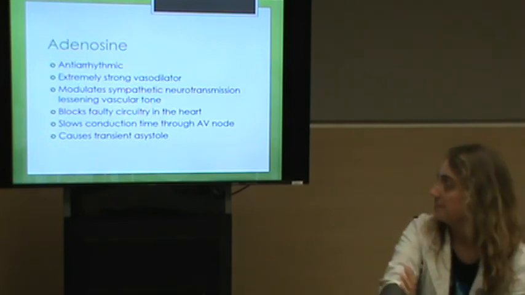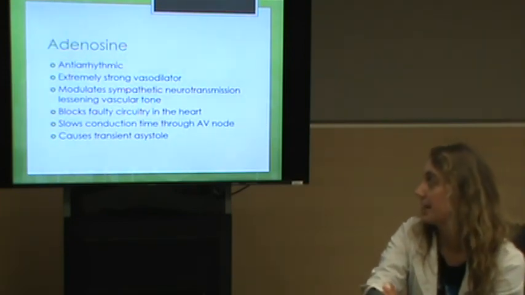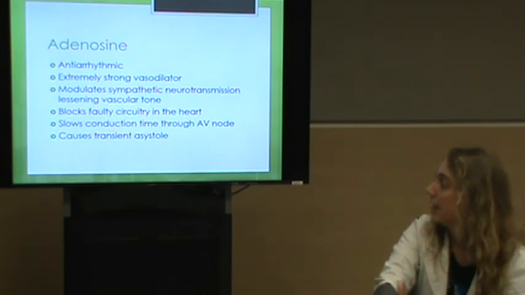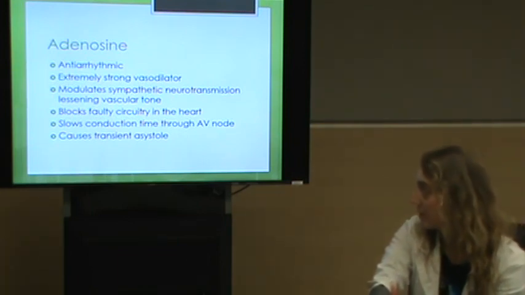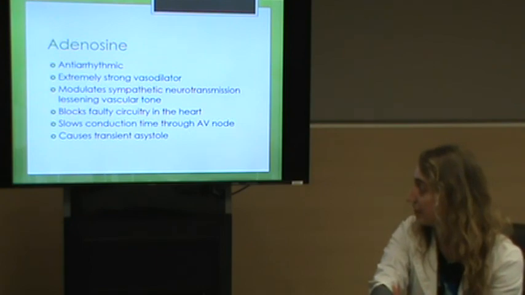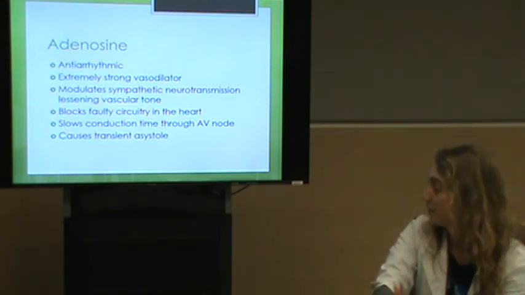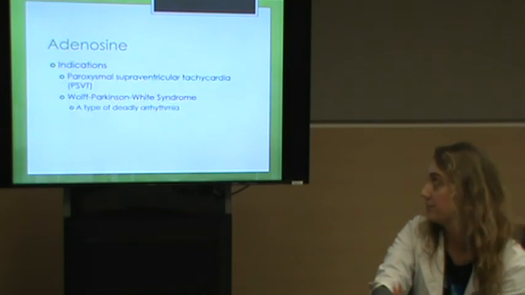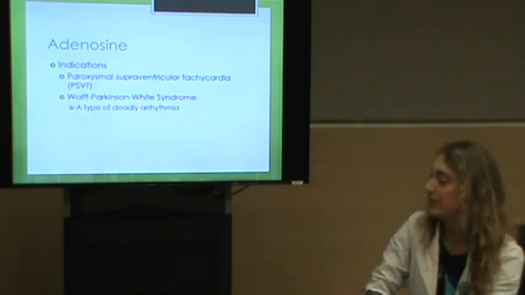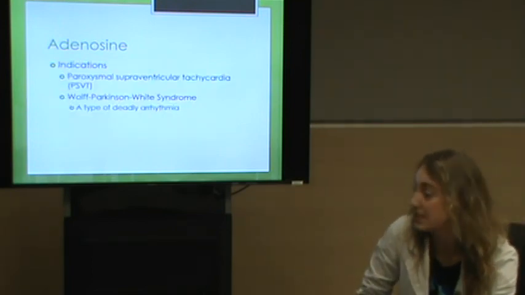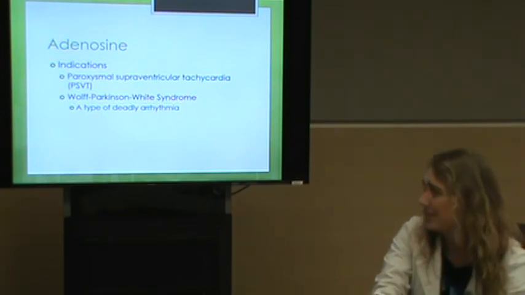Then for adenosine, it is a very strong vasodilator that is also an antiarrhythmic. It modulates the sympathetic neurotransmission and decreases your vascular tone. It blocks faulty circuitry in the heart, slows conduction time, and causes transient asystole. So we use it for PSVT as well as for Wolff-Parkinson-White syndrome, which you won't see all that often, but